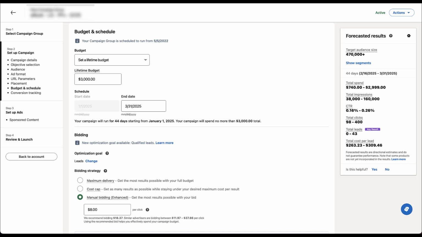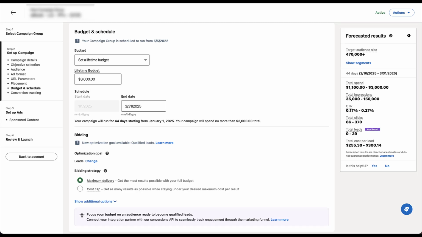And as you can see down here, LinkedIn recommends a bid of $18.37, but we are at $8, and we are doing pretty darn good volume-wise with $8. If you're not seeing good performance from your campaigns, odds are you're using the max delivery system, and that just is going to drive up your cost per click, lower your click-through rate, and you just do not normally see